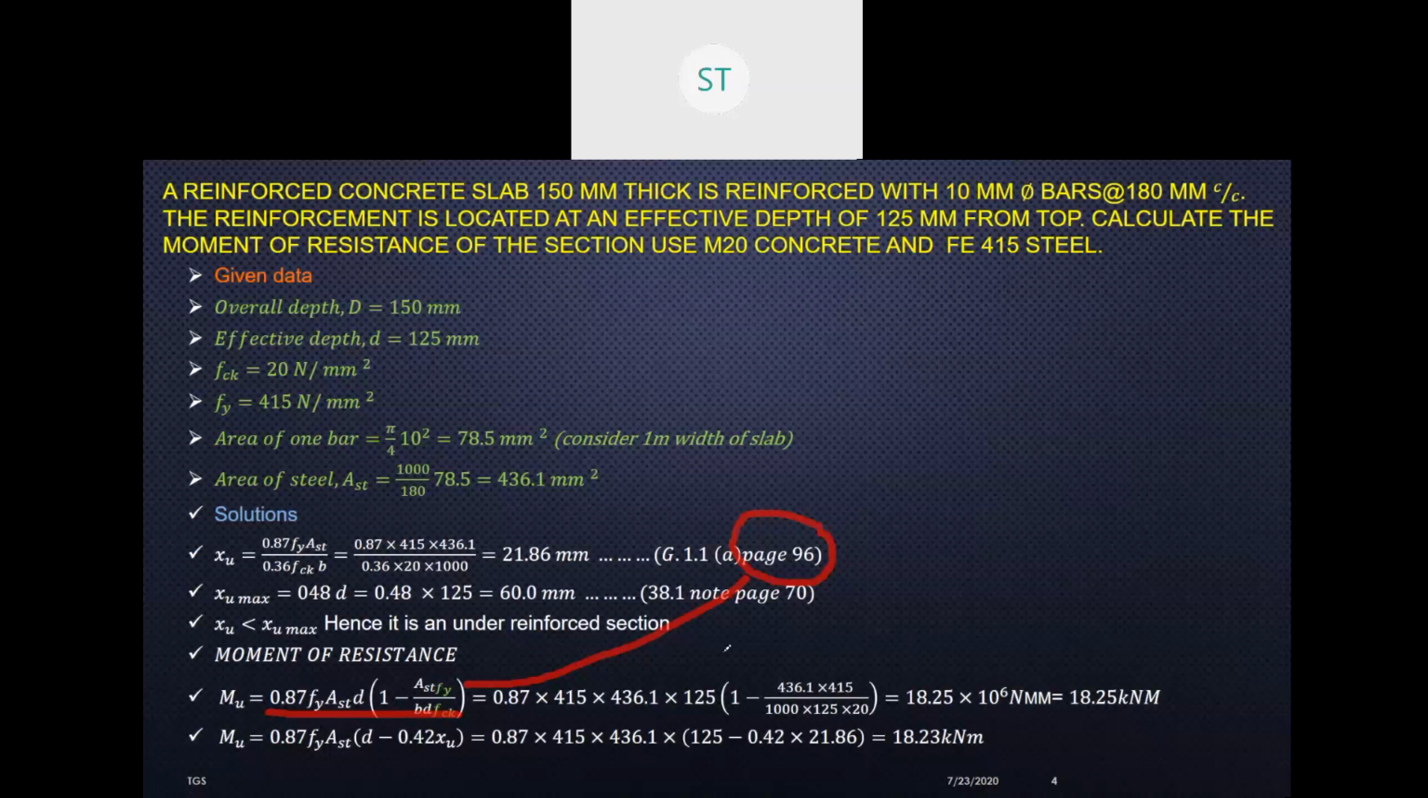Now we substitute the values. All values are given. Fy is given, AST is given, effective D is given, B is given, FCK is given. All data are given, so directly substitute the values. Here 0.87, Fy is 450 and D is 125 and AST is 436.1 into 1 minus AST, again AST